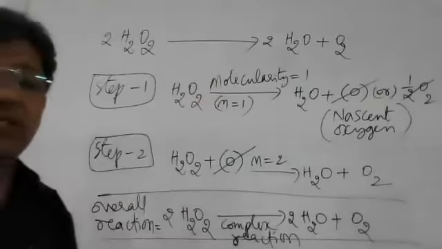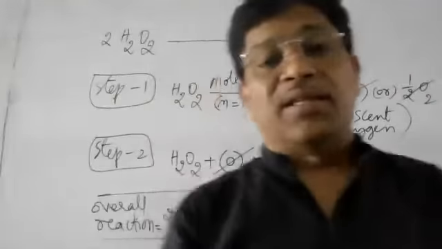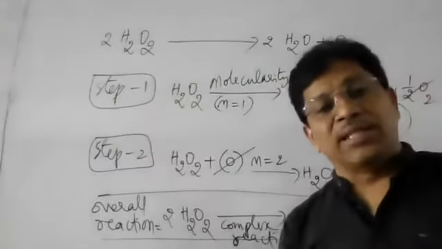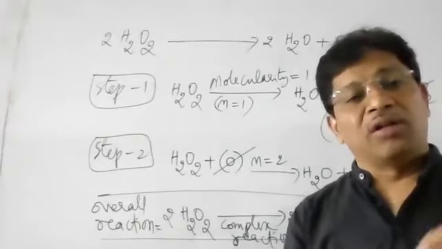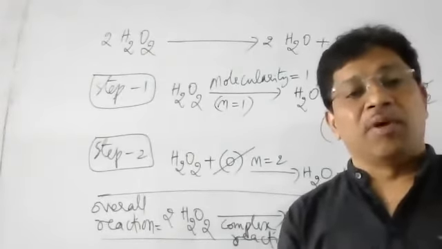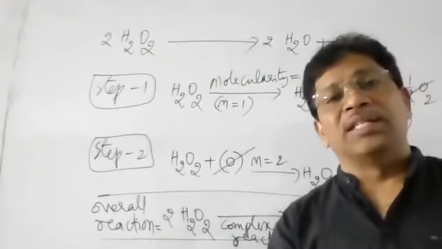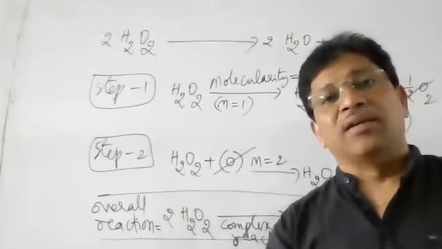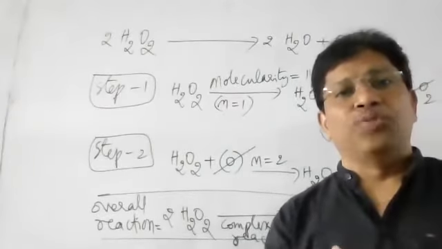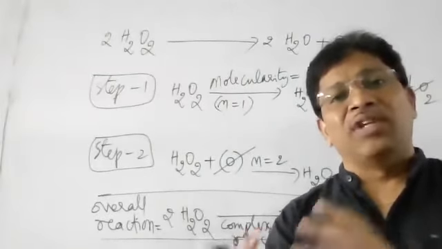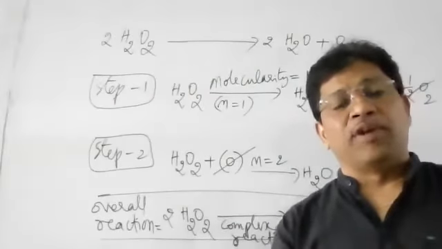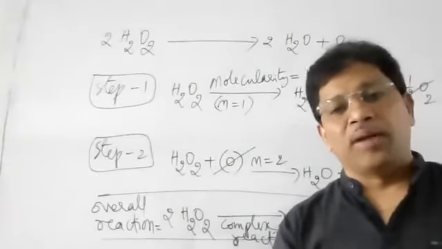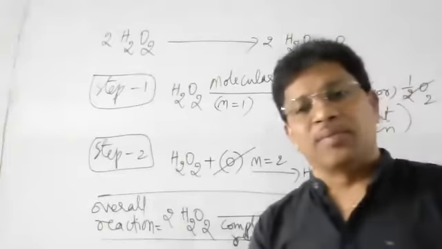In a complex reaction, if two or more steps are there, for each and every step we have to say the molecularity individually. We should not say molecularity of a complex reaction, because a complex reaction does not complete in a single step. So molecularity should be taken only for every elementary step, every single step. That point mainly you have to understand. Is the concept there?